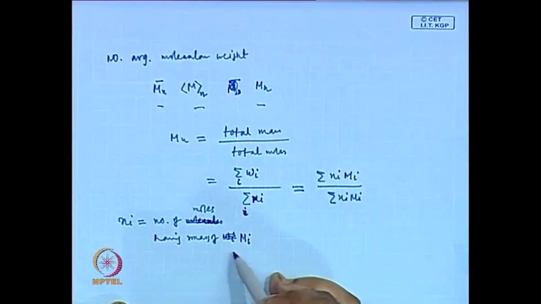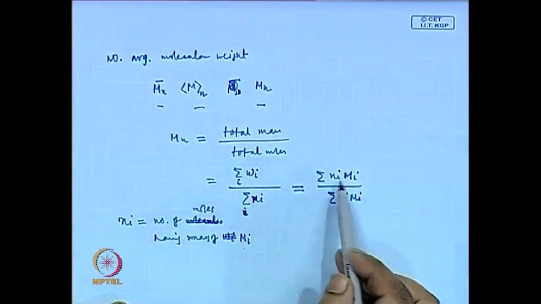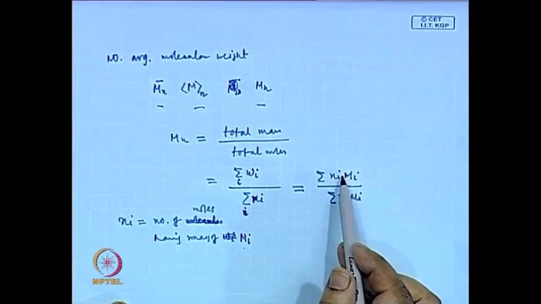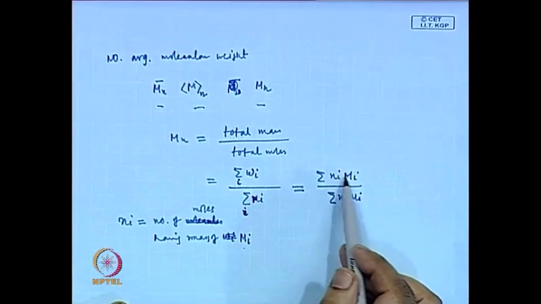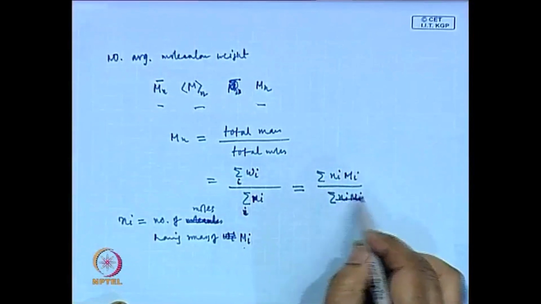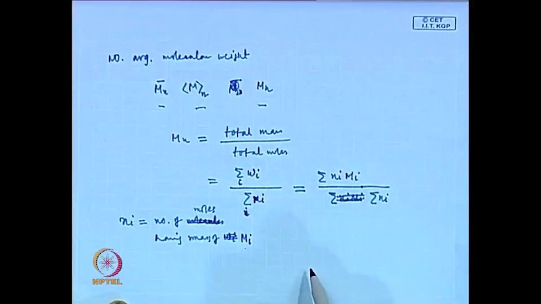Ni is the number of moles having molecular weight of this. So, you multiply each one, Ni Mi, which will give you the mass of that sample, and you sum over all the samples and divide by the total number of moles,